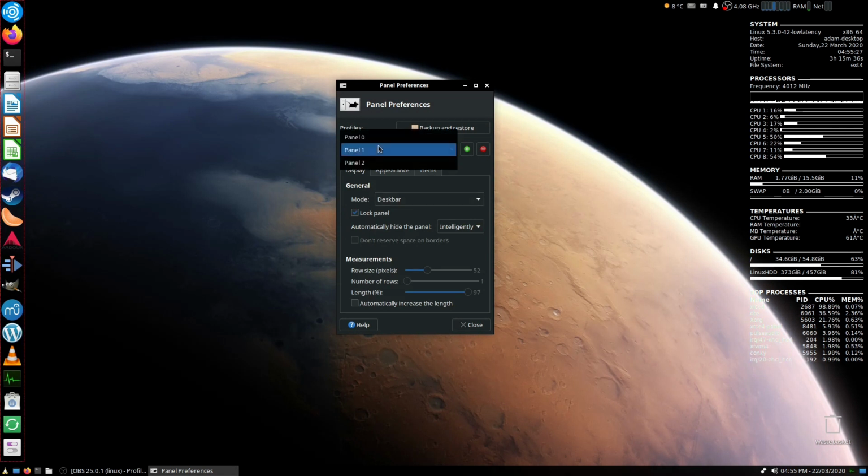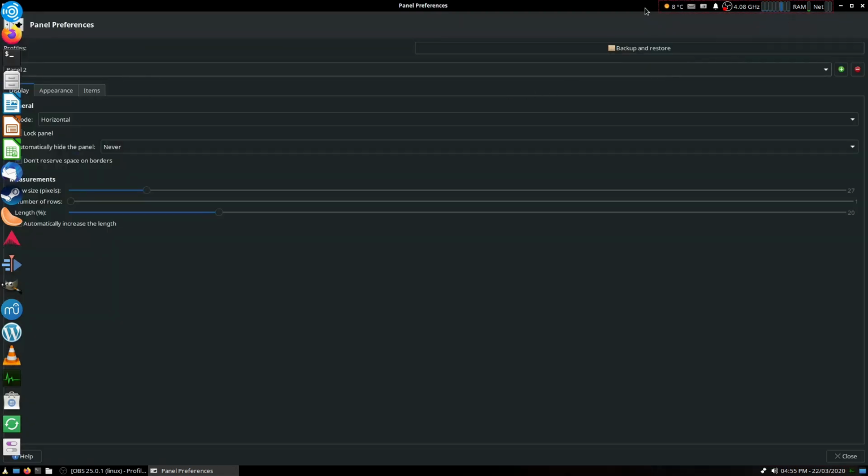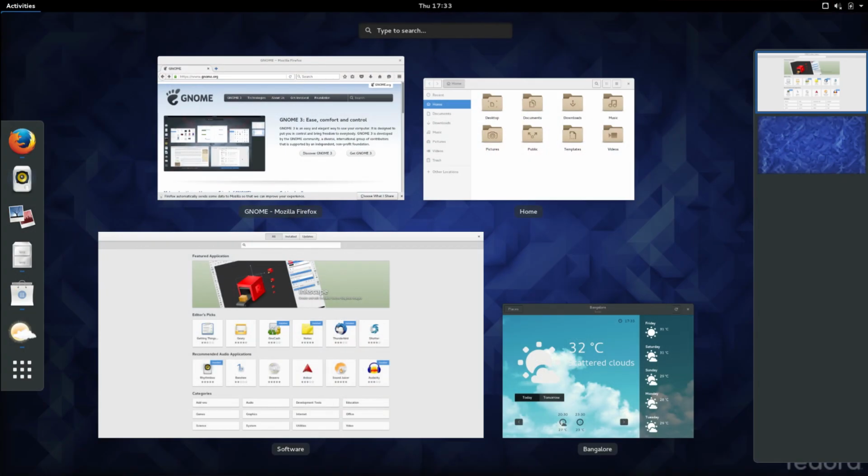Okay, and last but not least, panel 2, the one at the top. Now this one, I'm hoping that red outline is going to appear. Yeah, you can see it's in a bit of a weird position. Now the reason I actually have it in this particular position is so that when I open up a program in full screen like this, it completely blends in with the background, and I can still have plenty of access to here. This is the most GNOME-ish, sort of GNOME 3, GNOME Shell thing I'd taken from it,